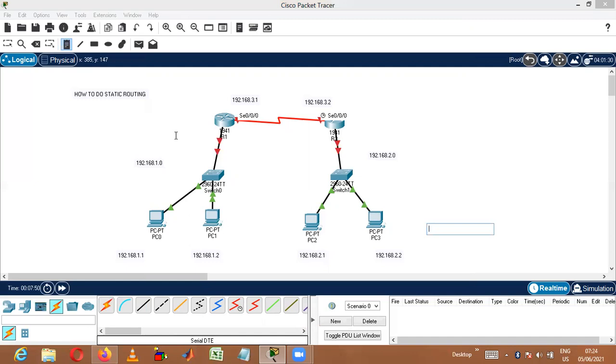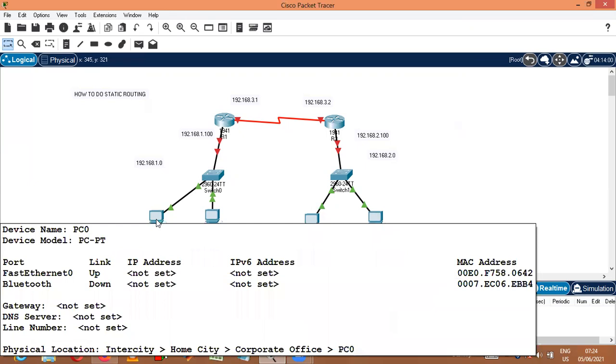Now let me confirm the IP address for the default gateway also. This gateway, let me take it as 192.168.1.100 on this side, since it is the 1 dot network, and 192.168.2.100 on the other side. So manually, we need to go inside every router and switch and PC and do the configurations.